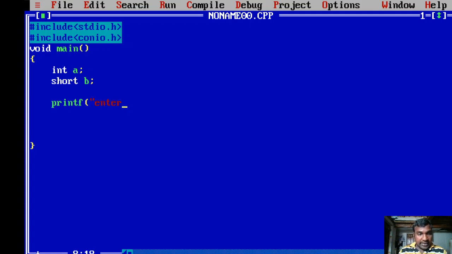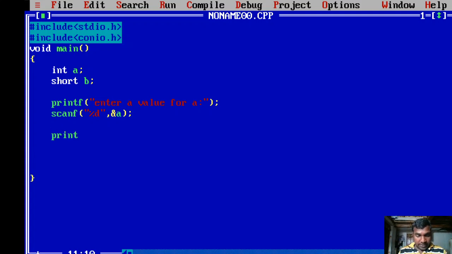Printf enter a value for a. Scanf percentage d, address of a.